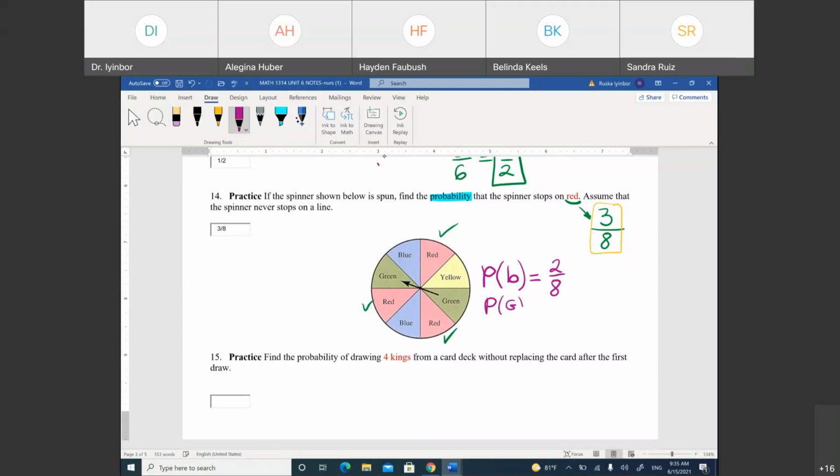2 out of 8. 2 out of 8 again. That's right. What is the probability to stop in yellow? 1 out of 8. That's right. Now, what is the probability to stop on